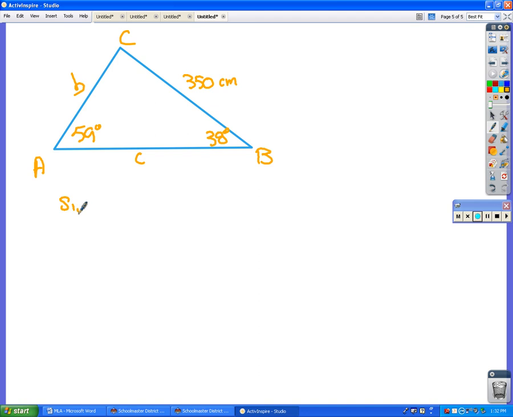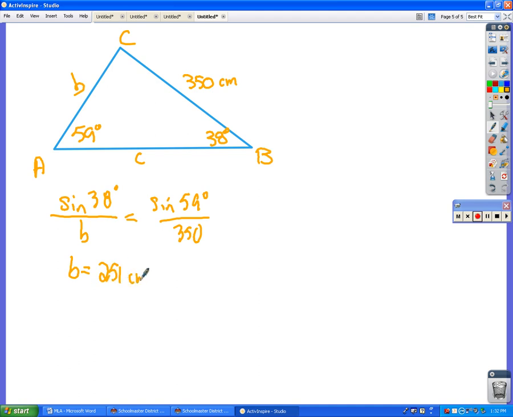So the sine of 38 over B equals the sine of 59 over 350, okay? So the sine of this angle divided by the side that's opposite of it is going to equal the sine of this angle divided by the side that is opposite of that. And now you just have a simple proportion that you really did well with when we were working on similar triangles in the last chapter. Just multiply these two together and divide by that, and you should find out that B equals approximately